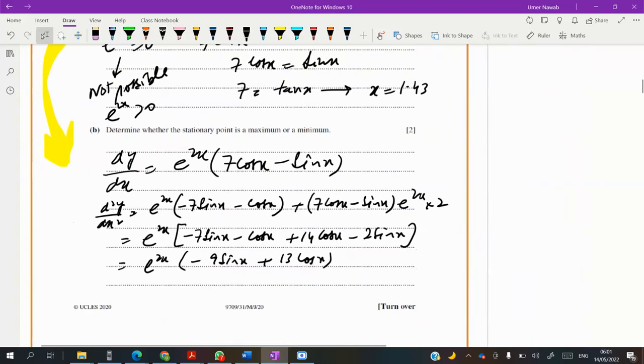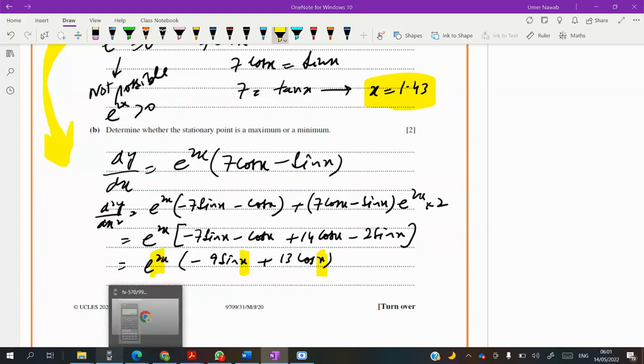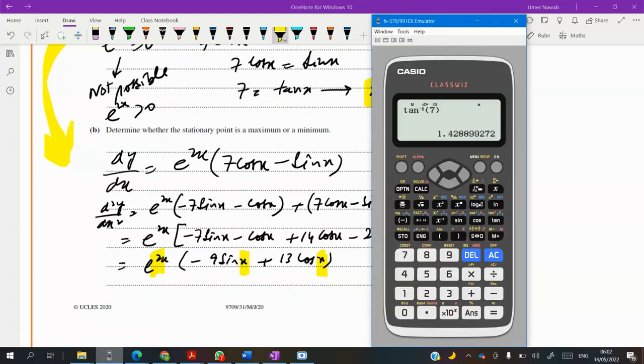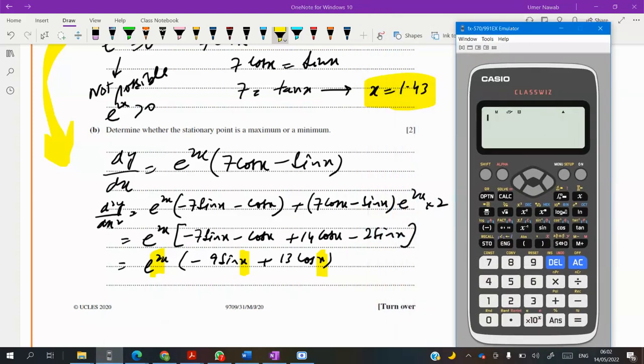Now you need to plug the value of x here and check what the answer comes. So I'm going to substitute now e raised to 2x. Now in the place of x, we need to write the value 1.43